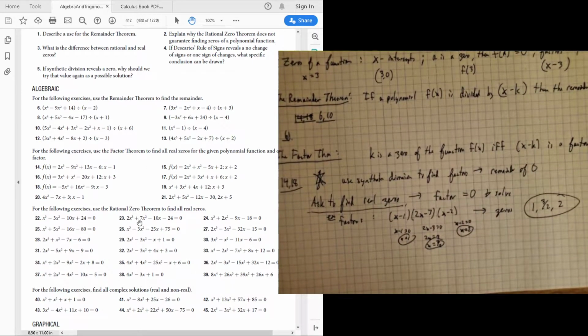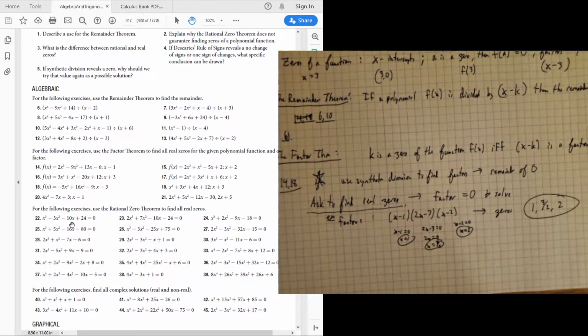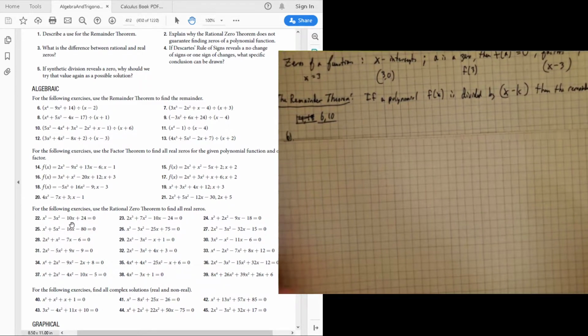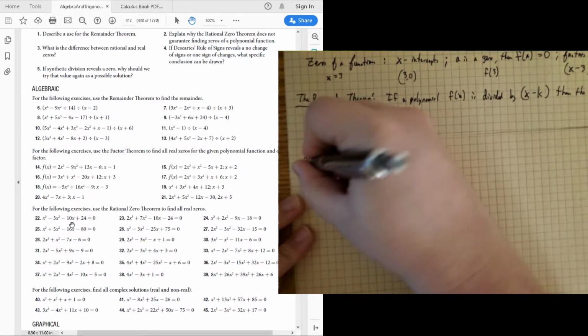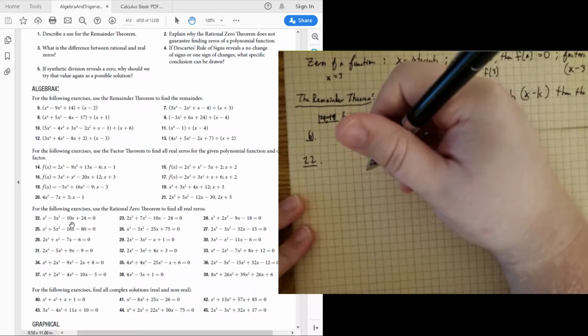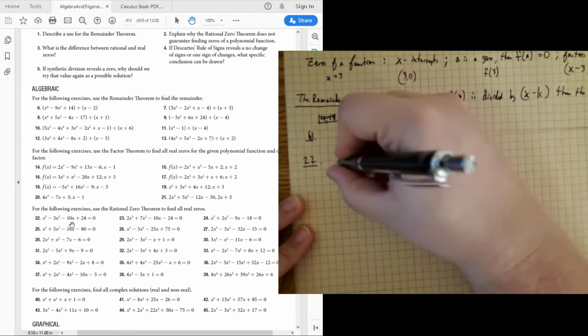It says, use the rational zero theorem to find all zeros, but notice they haven't given me a factor. Well, that's because the rational zero theorem, along with a couple of other theorems, allows you to take the information given in a single problem and solve it. So, let's take a look now at number 22 before I add to the notes, because I want to discuss as we go through how you would do this using the theorems we're going to discuss. So 22 is x cubed